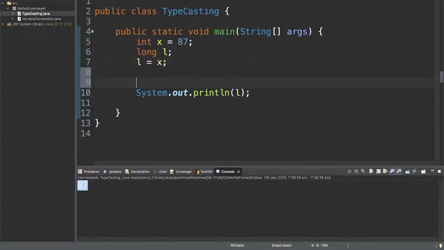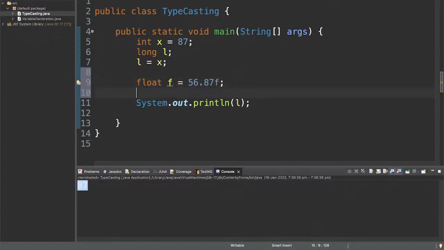Let's try another example as well. You know that float is smaller than double. So for float I need to give a trailing f, and after that I can declare a variable double d is equal to f. So obviously the f can get stored inside the d. If I try to print the value of d now,